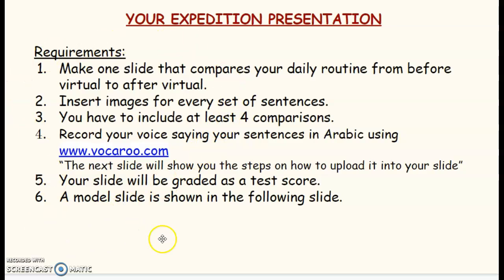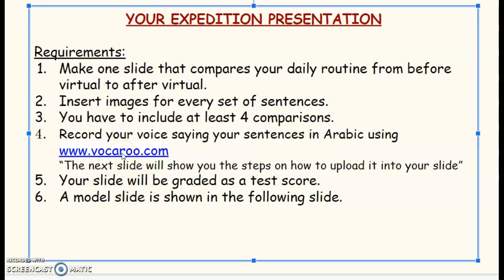This is a slide that talks about the link or the system you're going to use when you are going to record your sentences. Remember, because you have to create a Google slide. This is step number 1, Google slide. Then you write your sentences, and the third step would be to record your sentences using vocaroo.com. So please, I want you to read those instructions in order for you to use the vocaroo.com to record your sentences.